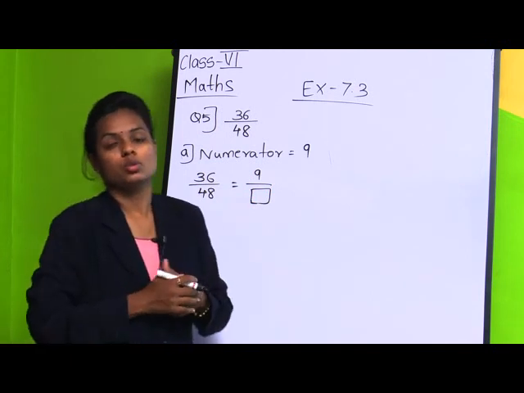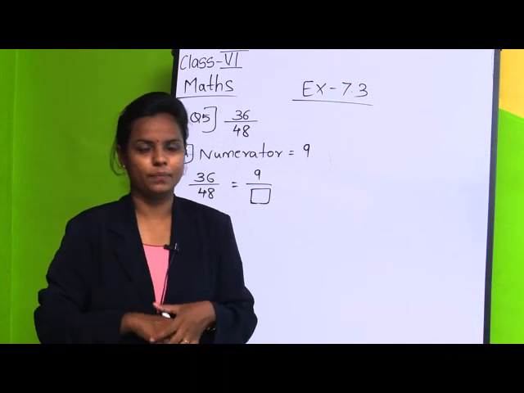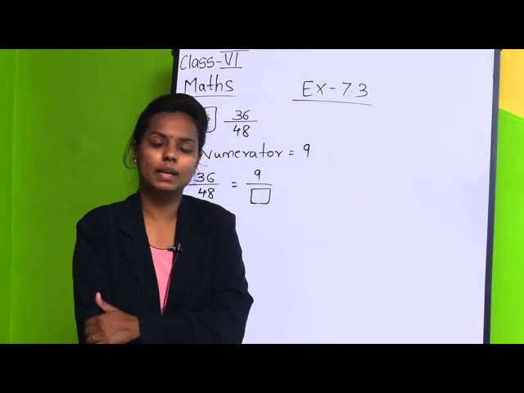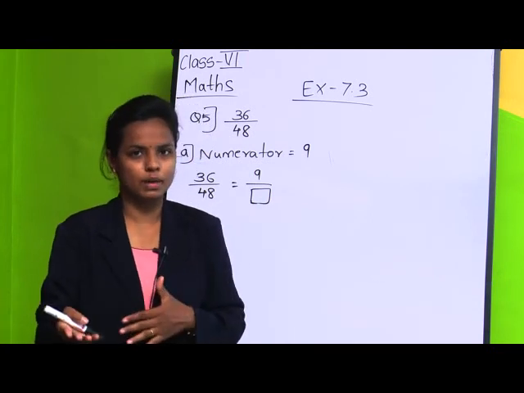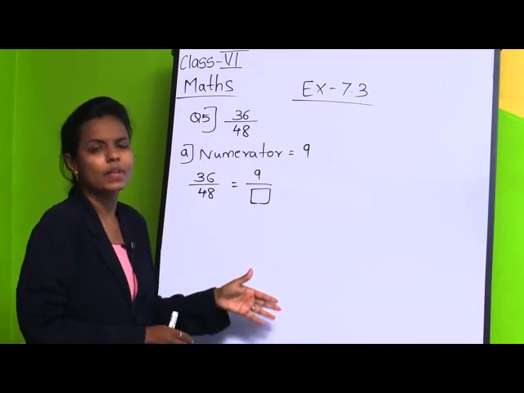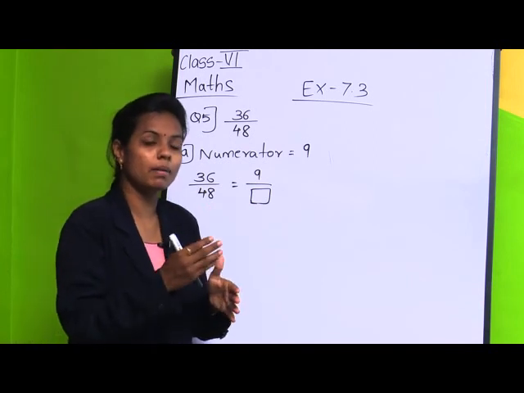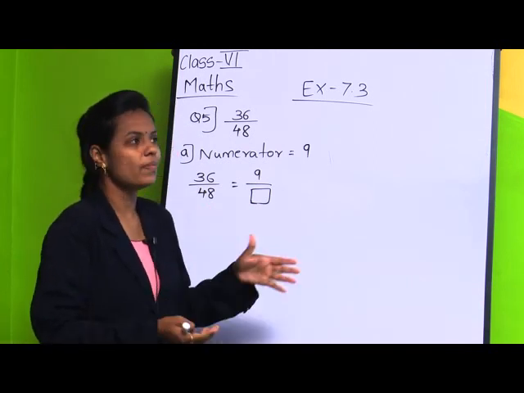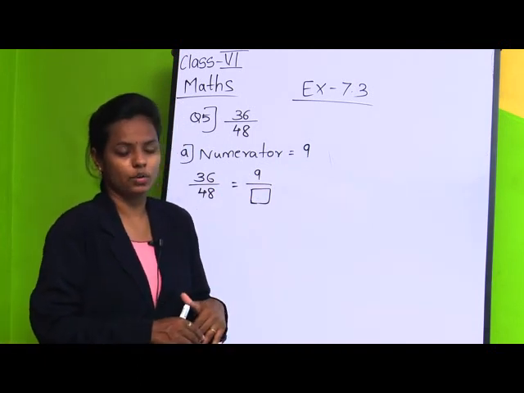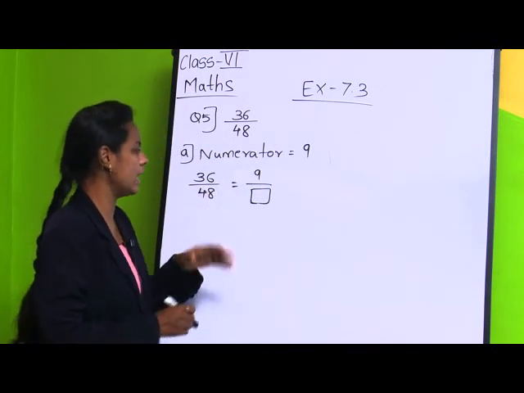So, students, in the previous question we multiplied because the numbers were small, 3 and 5. We know when the number is small we multiply, and when the numbers are big we can divide. Here we could multiply, but when we multiply a bigger number we get a bigger answer. So, when bigger numbers are given we can divide. In this question we will divide. Now we need to find the equivalent fraction.